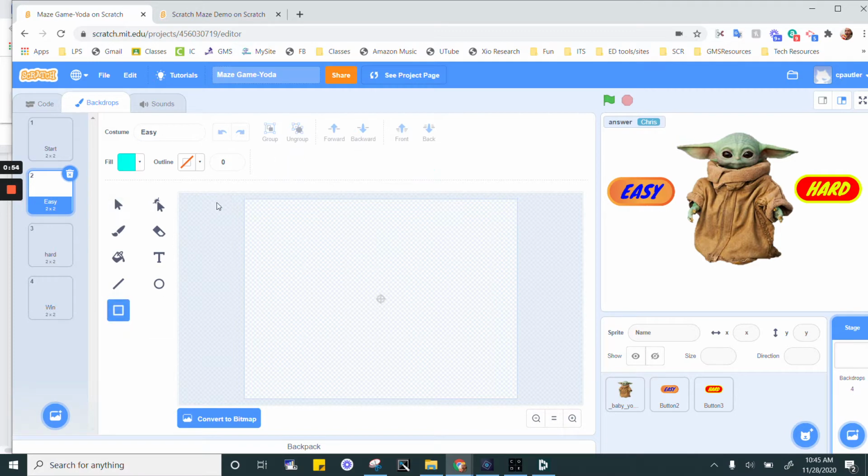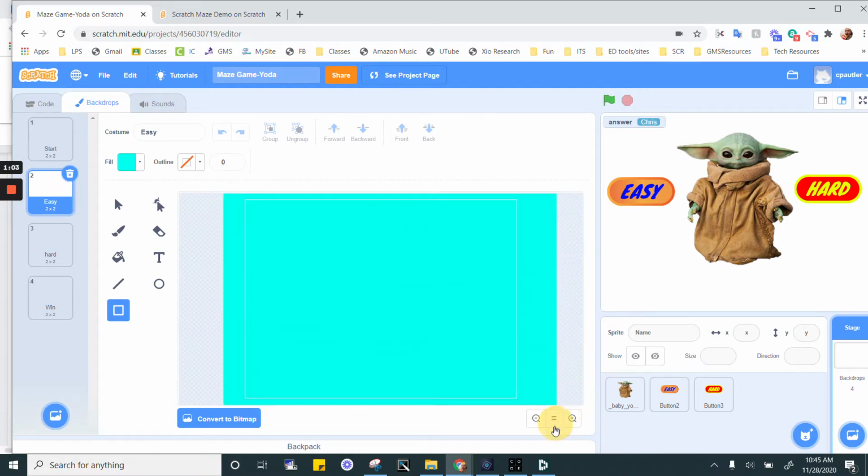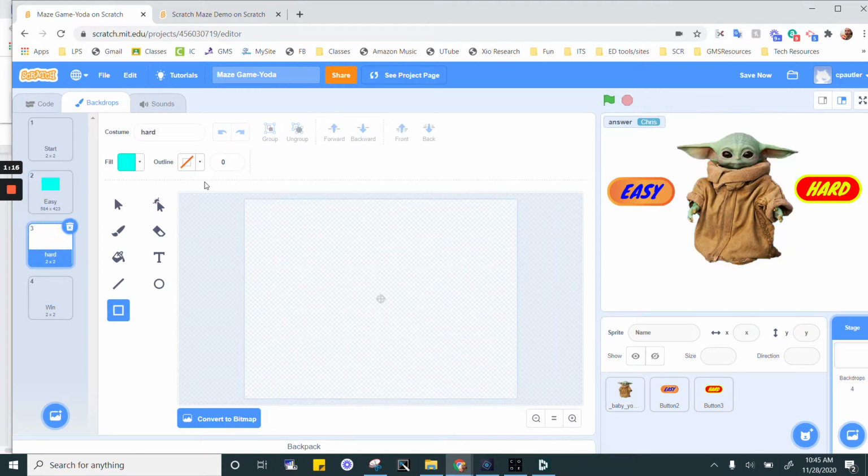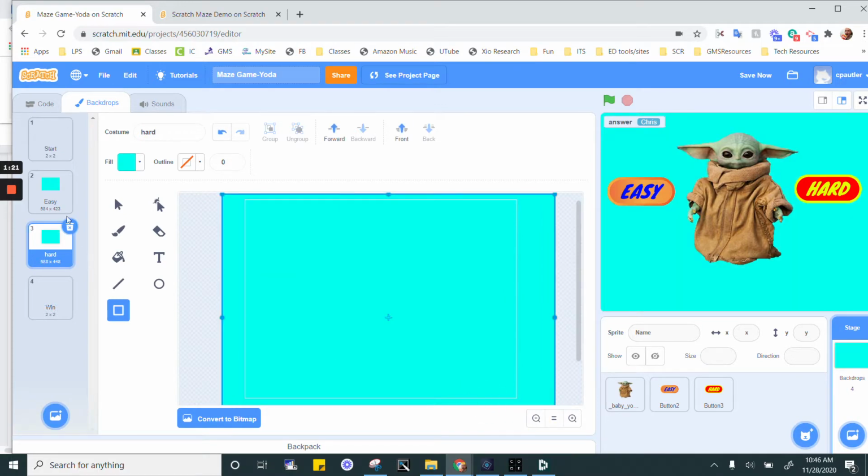rectangle. And I'm going to make the rectangle bigger than what you see here so that it basically covers everything. And I just click and drag and just make it really big. And it basically, as you can see, covers up the entire background there. All right, so that is good. And you can do the exact same thing with the other one. I'm just going to kind of do one at a time anyway, but... there you go. Just because that way I know I'm using the exact same color, which it's not a big